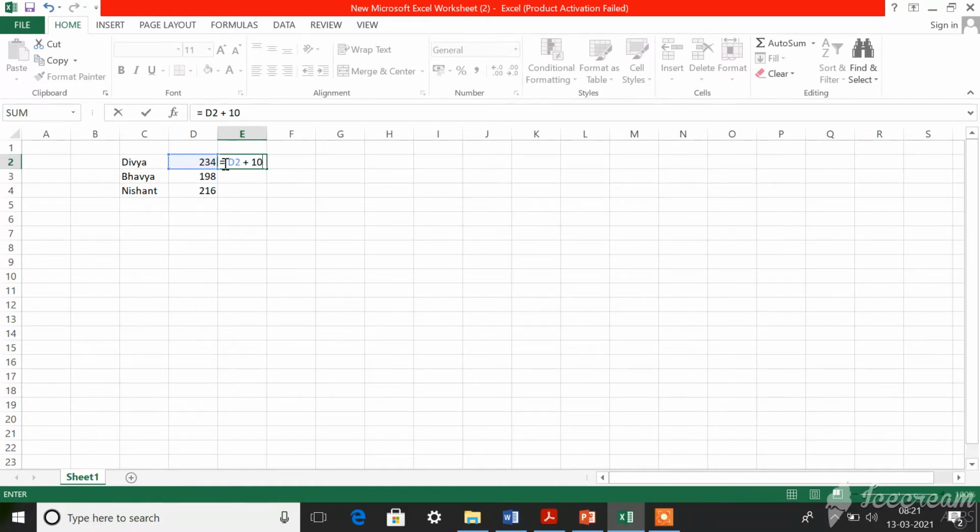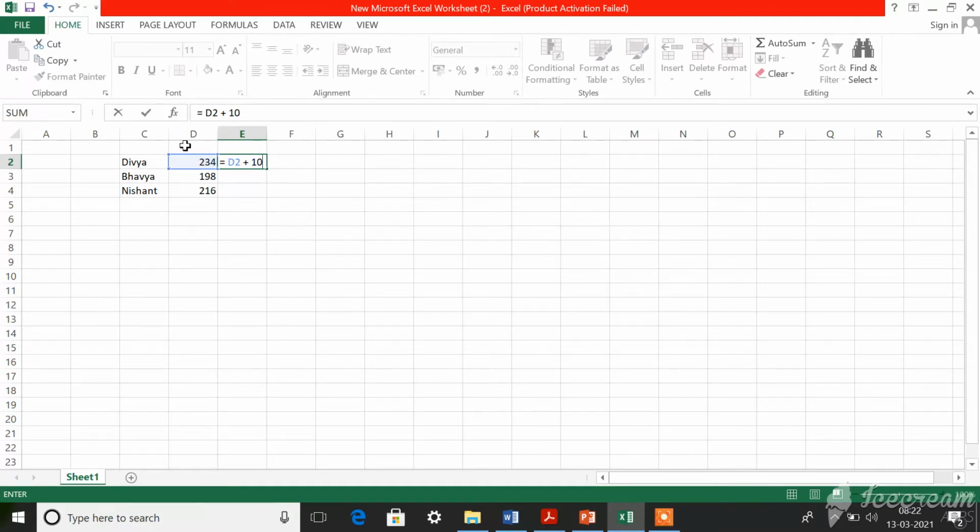Okay, so if I type like this, it means that I'm going to calculate two values. For example, D2 represents a cell name. See, D2 means this D represents the column and 2 represents the row. D is the column name and 2 is the row name. So when you see where this D2 meets, D is here and 2 is here, so they both meet in this cell, isn't it? So this is the cell called D2.